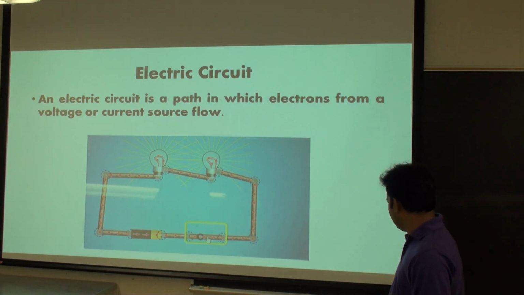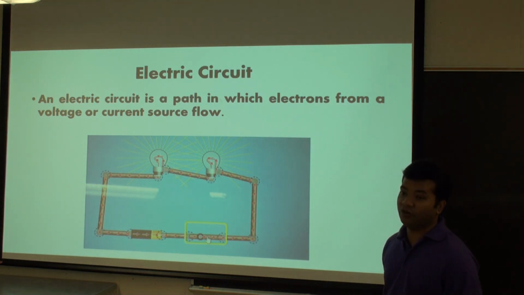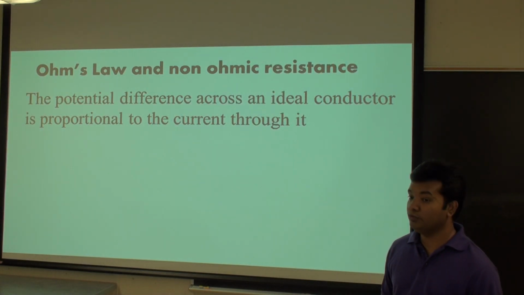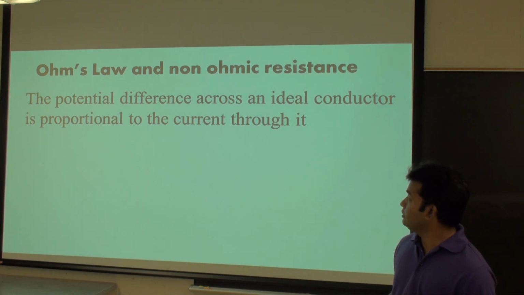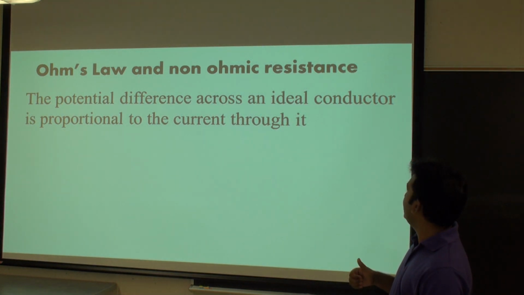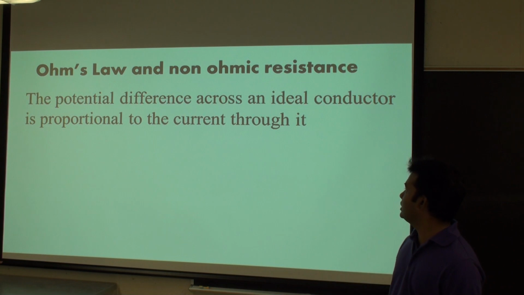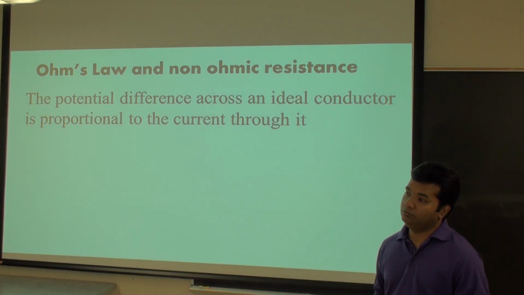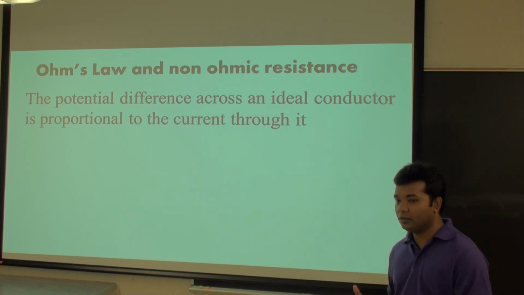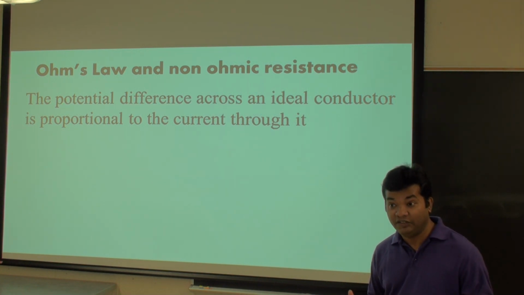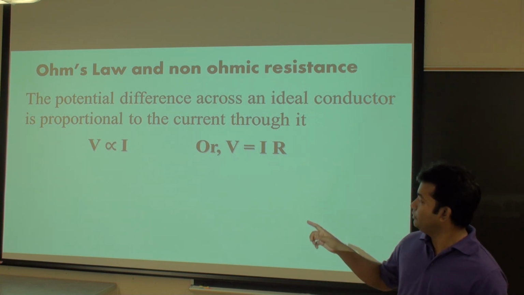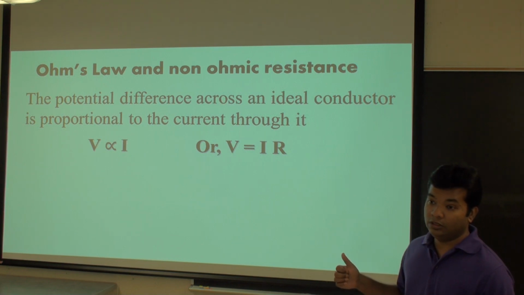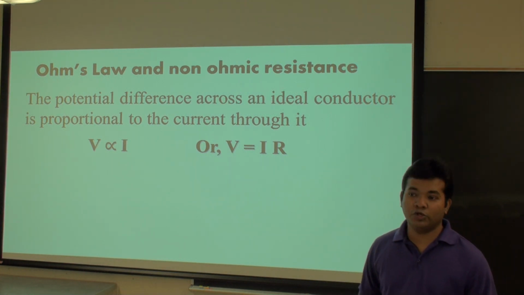Well, to explain a simple circuit, we need a few basic concepts from your lecture. So we'll discuss Ohm's law and the non-ohmic resistance. Ohm's law says that the potential difference across an ideal conductor is proportional to the current through it. So let us consider we have a conductor and the current through the conductor is I and the potential difference across the conductor is V. Then the potential difference V is proportional to I, or V is equal to IR, where R is a proportionality constant